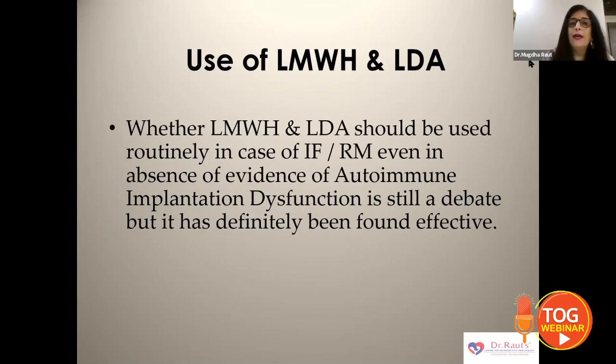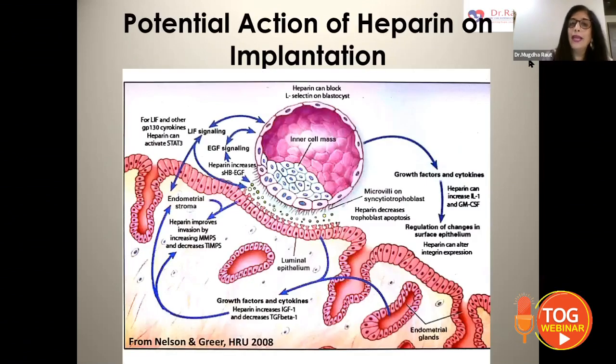Now, we are mainly worried about heparin having bleeding tendencies, but let me tell you that heparin is produced by the body in the liver, and it is present in the endometrium at the time of implantation. So what are the actions of heparin? Heparin can block L-selectin on the blastocyst, and heparin can increase the IL-1 and G-CSF, which regulate the changes in the surface epithelium,